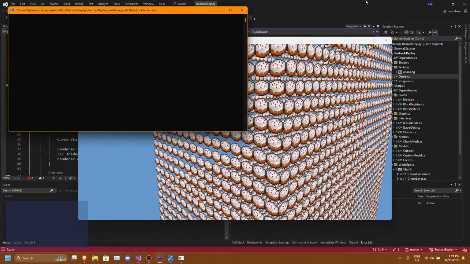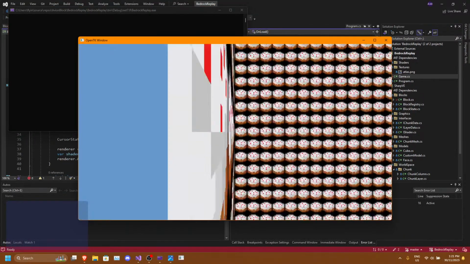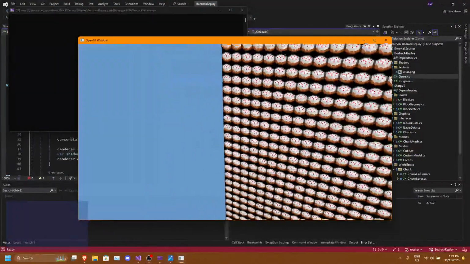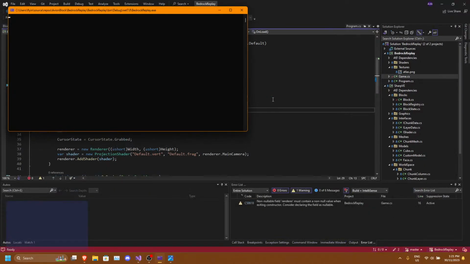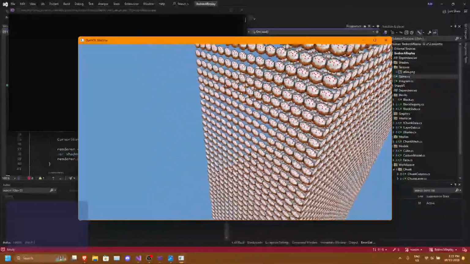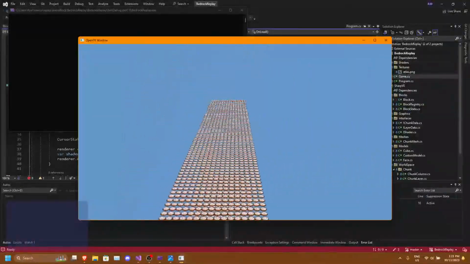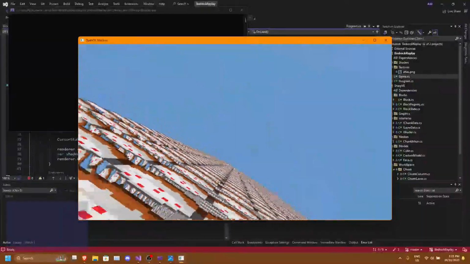I'm not sure what's going on there. Oh, okay. No, I'm supposed to enable that blend. Well, it's half working, but you get the gist of it. Oh, gosh. This is ridiculous.